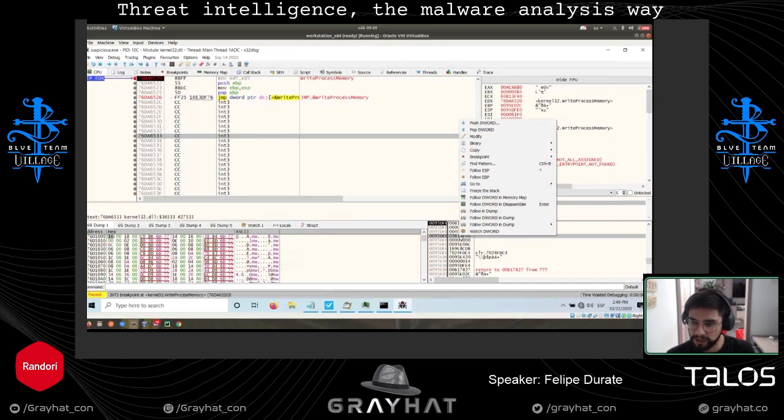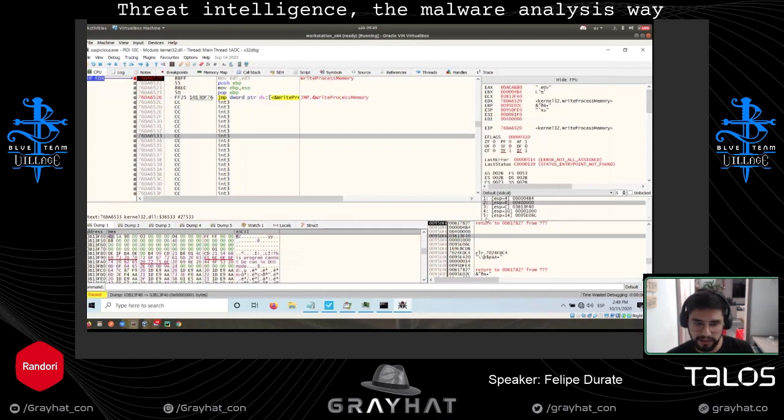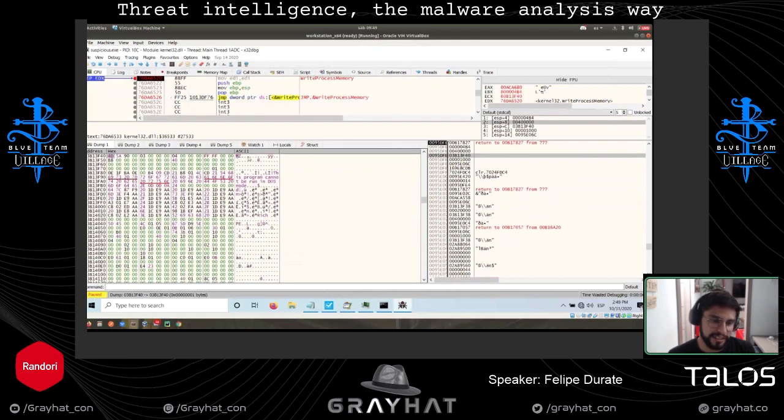So we just click here and say, okay, follow in dump. And any one of you that recognizes this is going to be happy, because yeah, we have found a new binary. And that's kind of the unpacking thing. So we need just to stop the execution in the exact place just to get the most relevant information, trying to avoid all the code that doesn't give us any kind of useful data, okay, just in case.